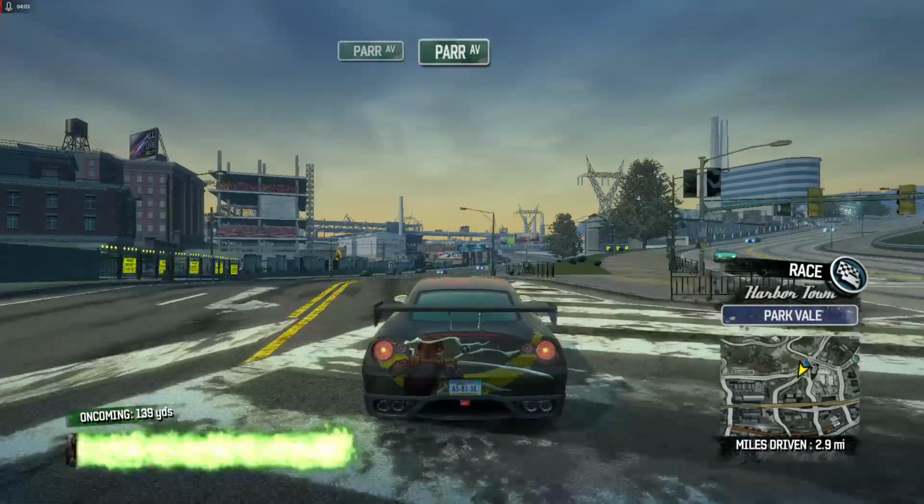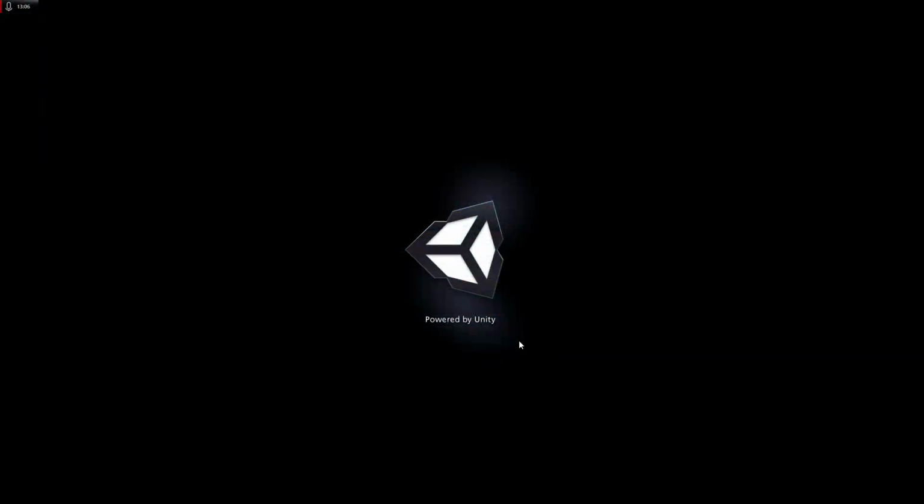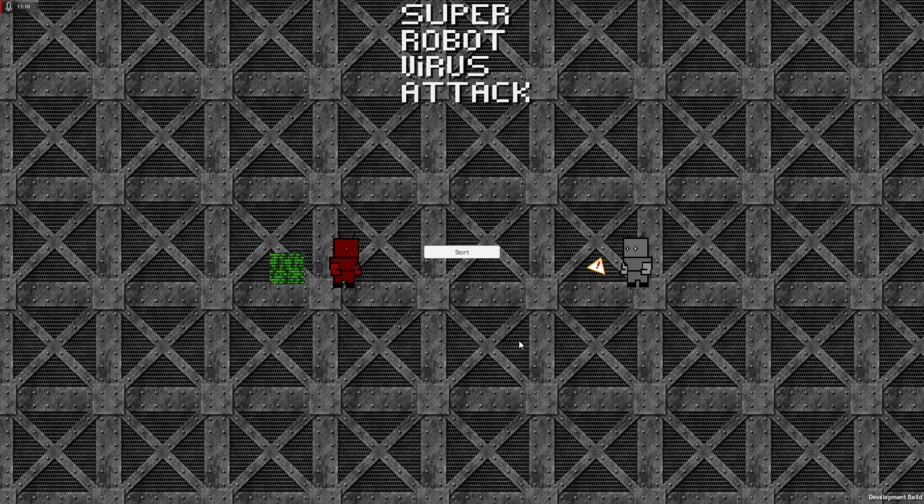But it was supposed to be kind of like, you selected levels from a space station overworld, and you were a robot guy, and you would go through and collect power-ups, which did different things. It was pretty much a Space Mario, but I don't know where the files for that went. Same with a lot of these. But we got Super Robot Virus Attack.